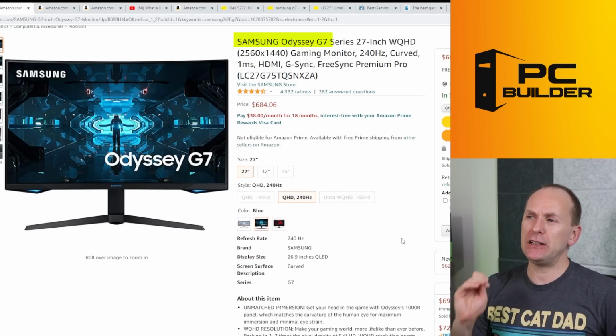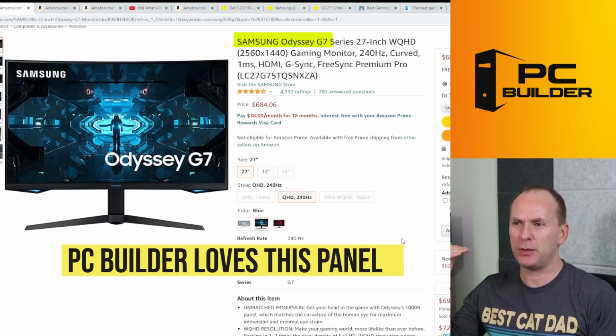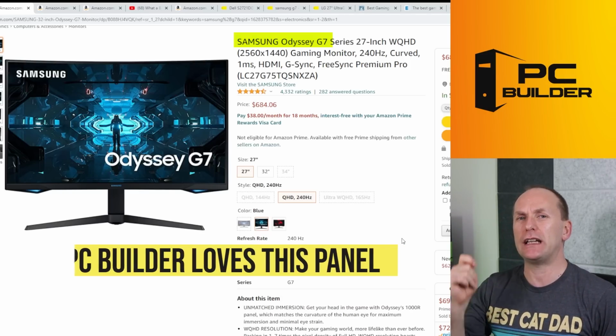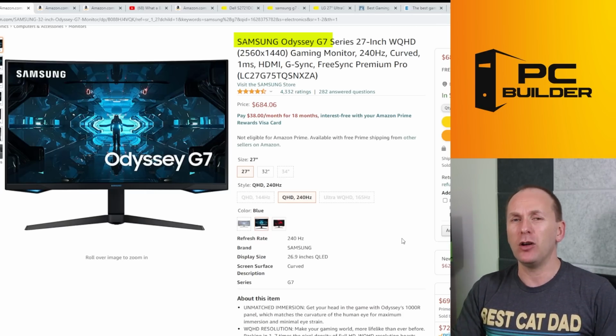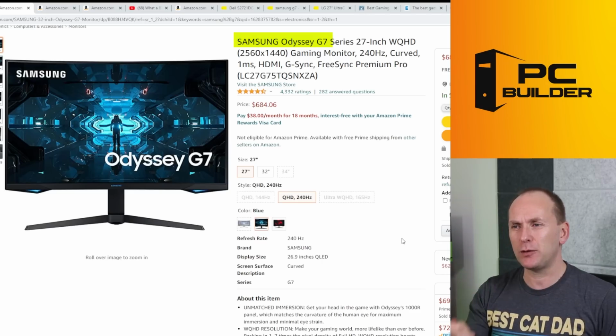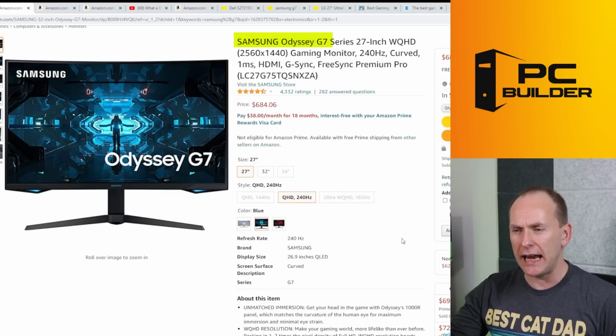And this is the Odyssey G7. Now, anybody who watches this channel knows I just rave about this particular monitor. It's a VA panel. It has absolutely incredible contrast. And even though it's a VA panel, its response rate is lightning fast. It's one of the fastest response rate monitors out there, only topped by one of the Alienware monitors, which